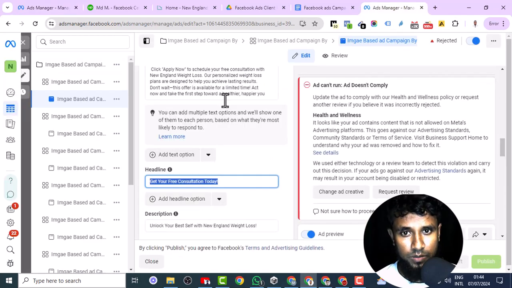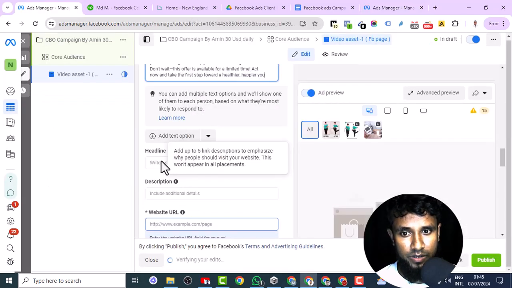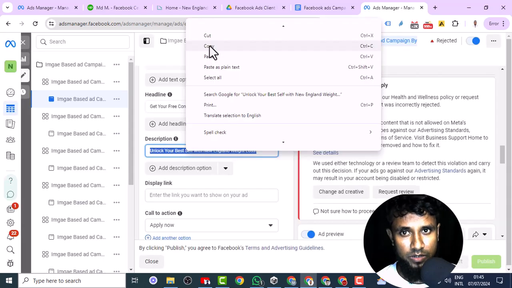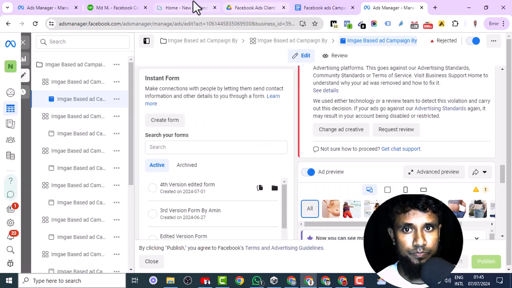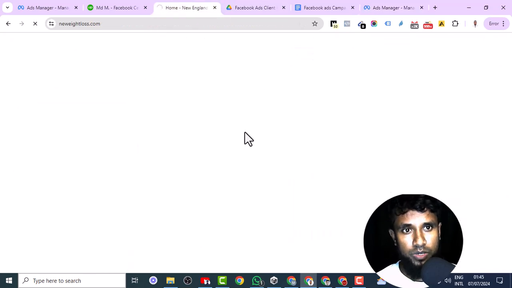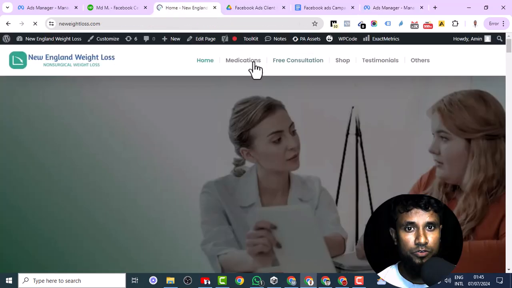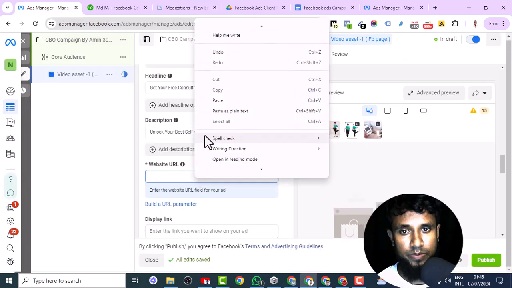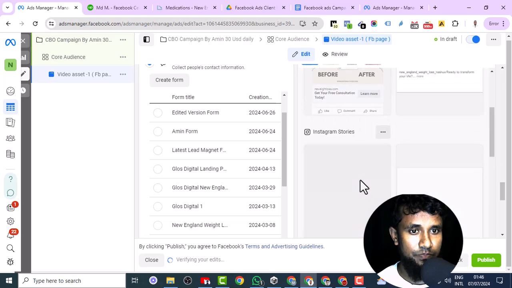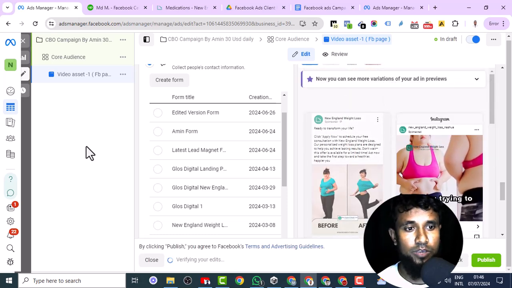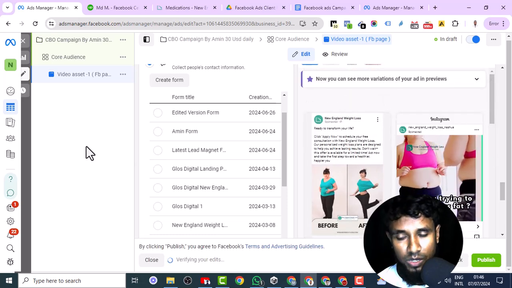Then I copy the headline, write the headline, then also write the description, and finally we add our website URL. So we need to add our website URL. In the medication page, copy it and paste it. So we have already set up our